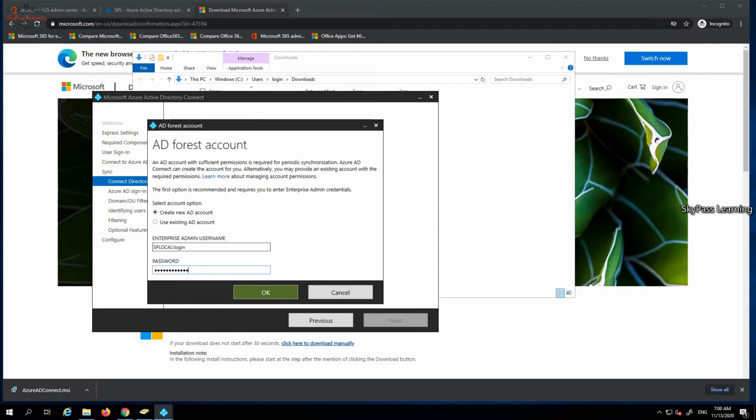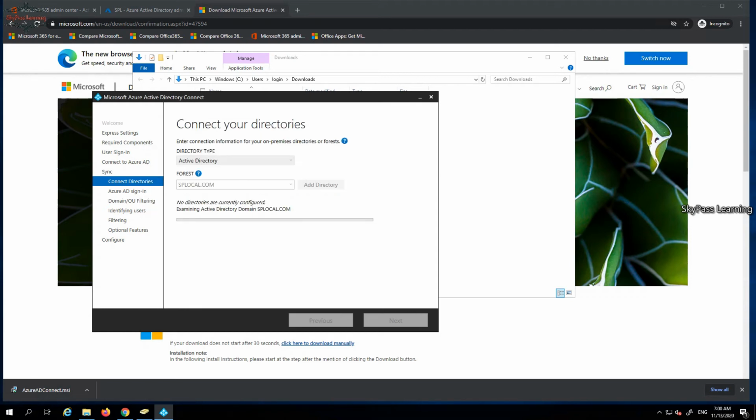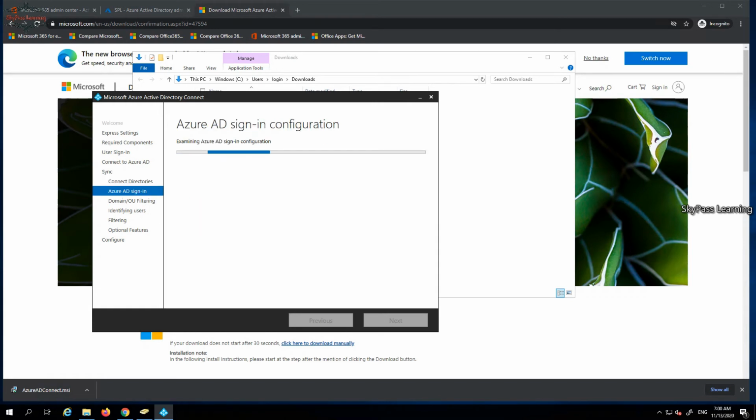Click on OK. It's trying to discover, and only this one domain is available, which is spl.local.com. I use this directory configuration, but I have not configured the UPN till now, so I need to add the UPN information.